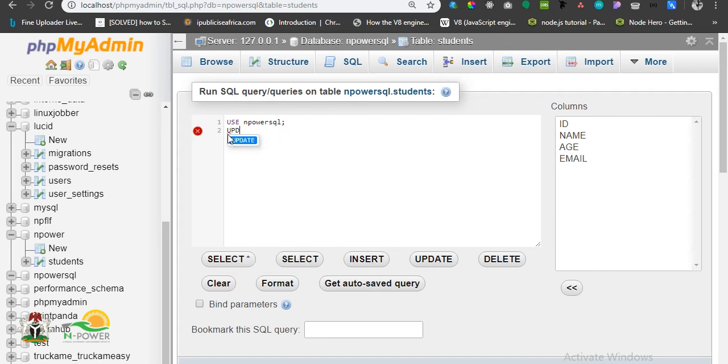We have update the table name students, set name equals